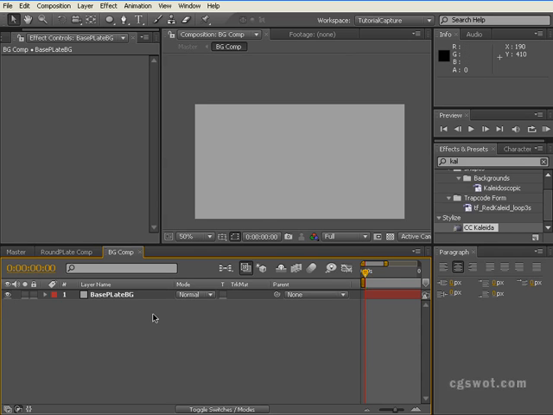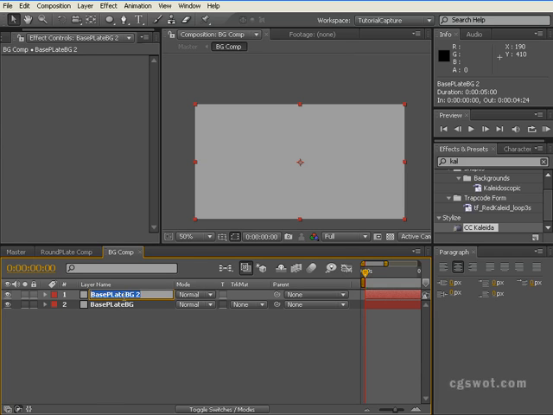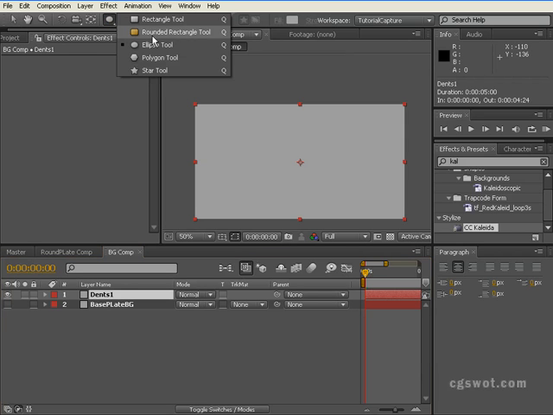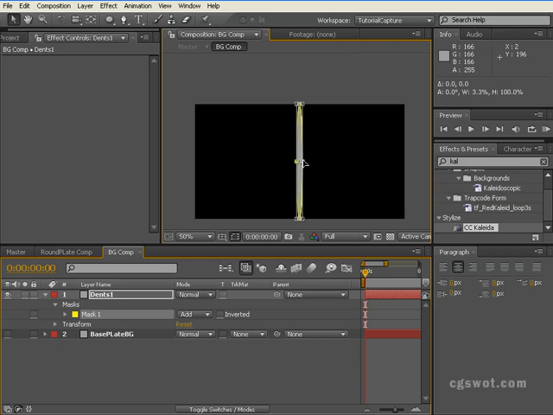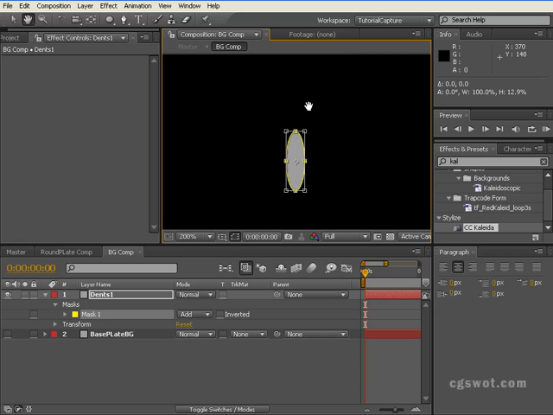Okay, now we need to put some dents on this, and it's supposed to represent a checker plate. So if we duplicate our base plate BG, Control D, I'm just going to rename this Dents 1, and the first thing we need to do, we'll just hide that base plate, and we're going to use our elliptic mask tool. We'll just double click on it, Control T, and we're just going to bring that in, scale it down, just come in here a little tighter, slide it over. So there's one of our dents there,